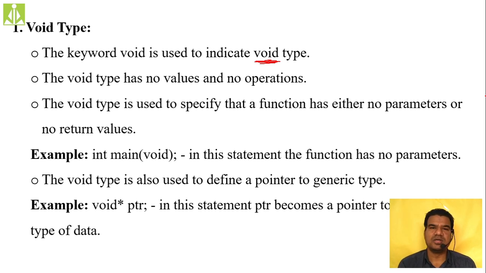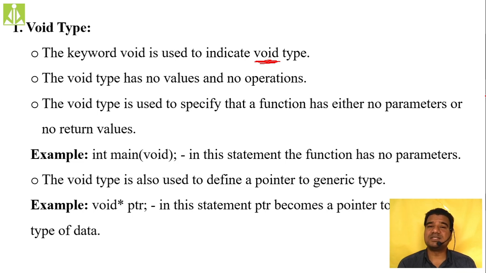Same thing, if you don't want to receive any output from an operation, at that point also we do the same thing. Near the output area, we make it void. By reading that void, the compiler will understand that from that operation, it has to return nothing.